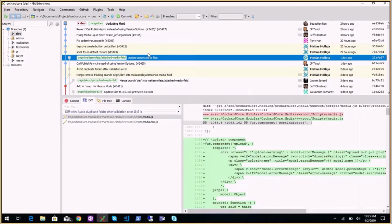So as a reminder, in Orchard Core, as opposed to Orchard 1, media are not content items, they are just files with a path. So the media field is just a list of paths to a file that is handled by a media storage. The goal is that most of the time we don't need a content item for a media. That's the usual usage of a media, is not to have a content item. So it's faster for us to just store a path than to have to load the content item to store the data, okay, to render an image. But